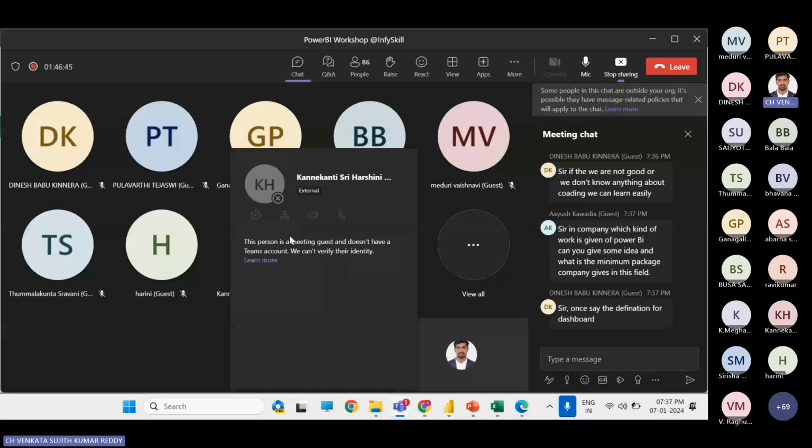Take a particular company, just take Jio or Airtel. They have lakhs and lakhs of customers. Every day, in each call center, they are receiving lakhs of calls. For example, take the Hyderabad branch, they will receive more than 5-6 lakhs of calls, or else 1 lakh calls in a day. So each person is having different issues.